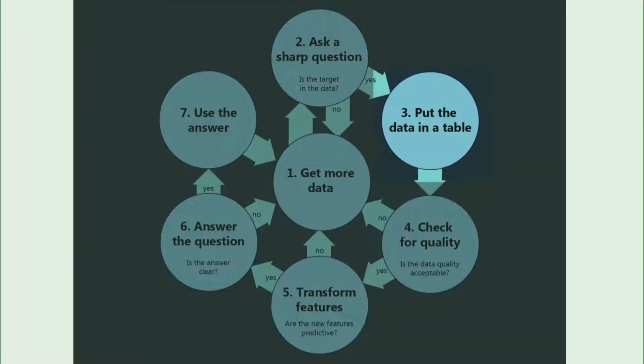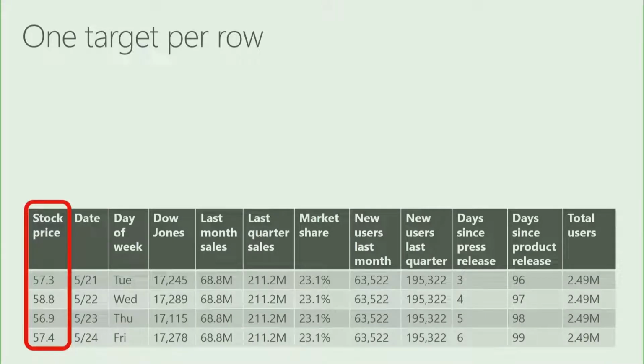The next step is to take all that data and put it into a table. This merits its own stop on our journey because it's not as straightforward as you would expect. So for our question, what will our stock price be next week? We go and measure stock prices historically, and we get the closing price at the end of every day. This determines the form our table takes. We have one example of our target variable per day. We want to transform all of our other variables so we have one value per day. Every row on this table will have exactly one instance of our target variable.